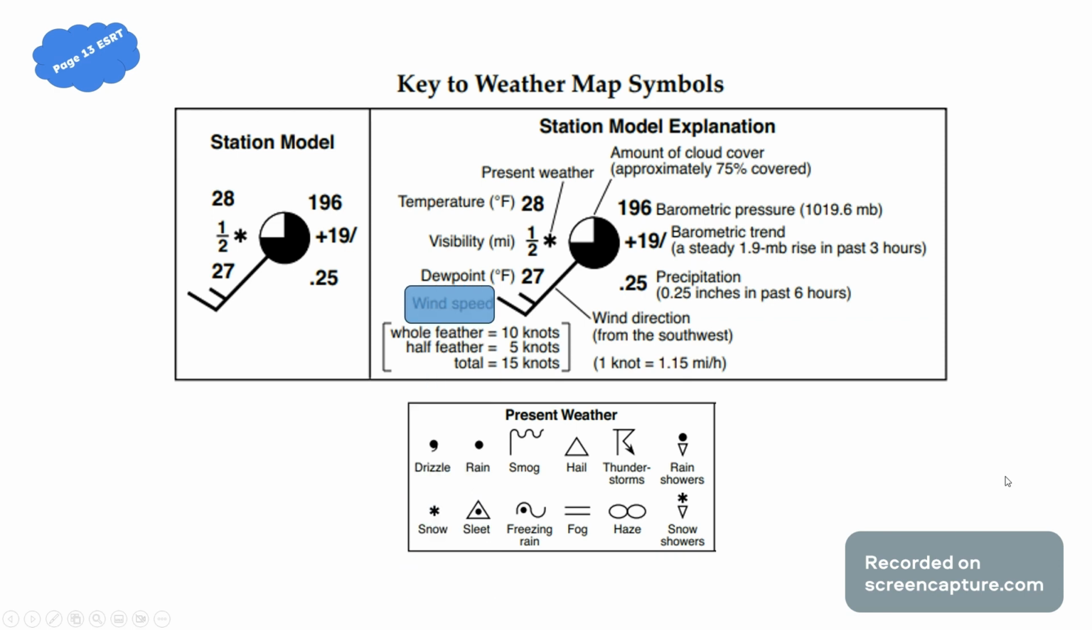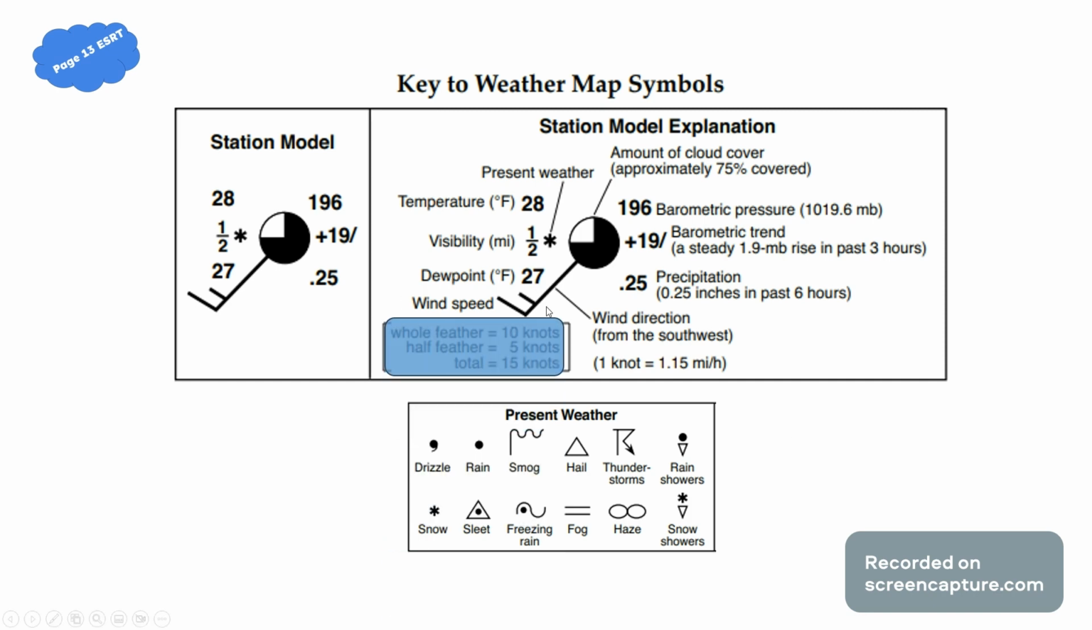Last but not least on the station model is our wind speed. Our wind speed is going to be measured with this line and these feathers on the end. So with this one symbol here, we are doing wind speed and direction. Now, on our line here, our feathers, we have